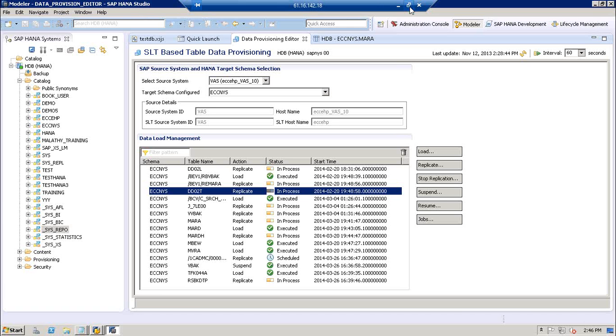Now, when we talk about SLT, we always think about a real-time process. When we talk about BODS, Business Objects Data Services, we always think about a batch mode kind of environment, though it can be used for real-time scenarios too. Ultimately we are thinking about a batch mode process in the BODS case. Whenever we talk about real-time data access, we go with SLT, because if your data source is SAP ECC, it will be the preferred choice.